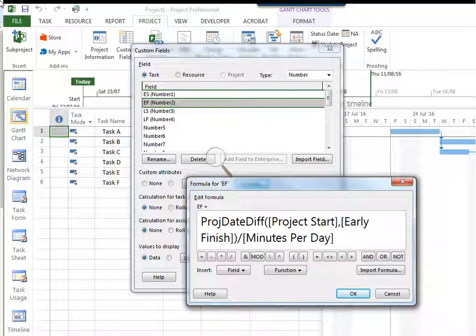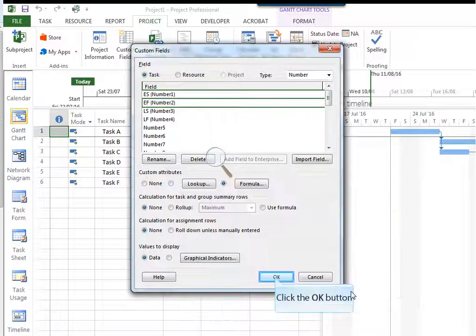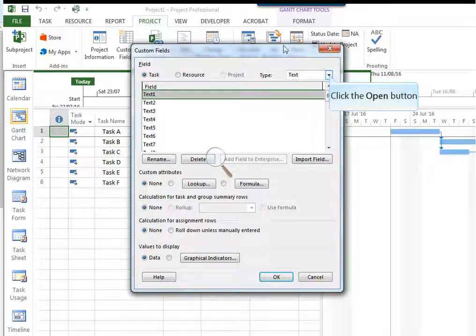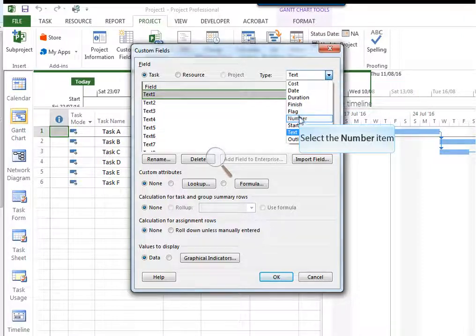And again, you're going to complete this formula, rename the field to EF, and save. Two more fields to go. Custom fields, number,